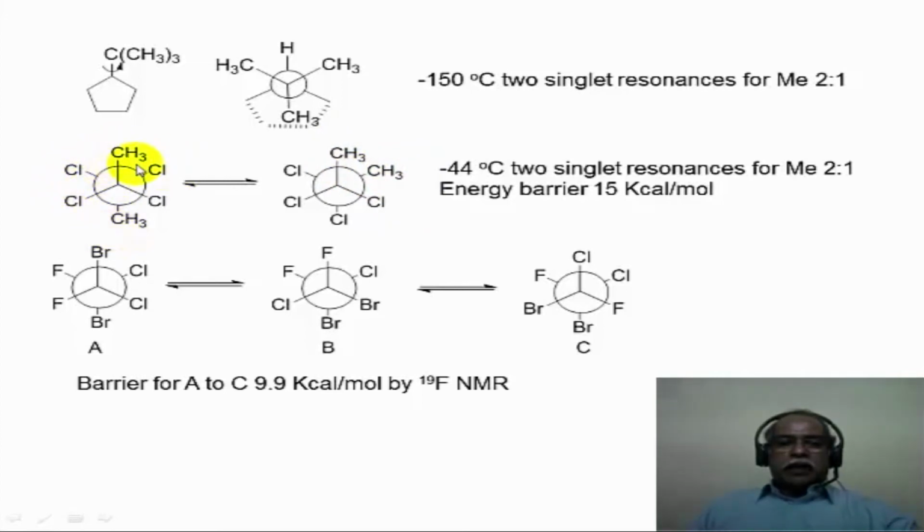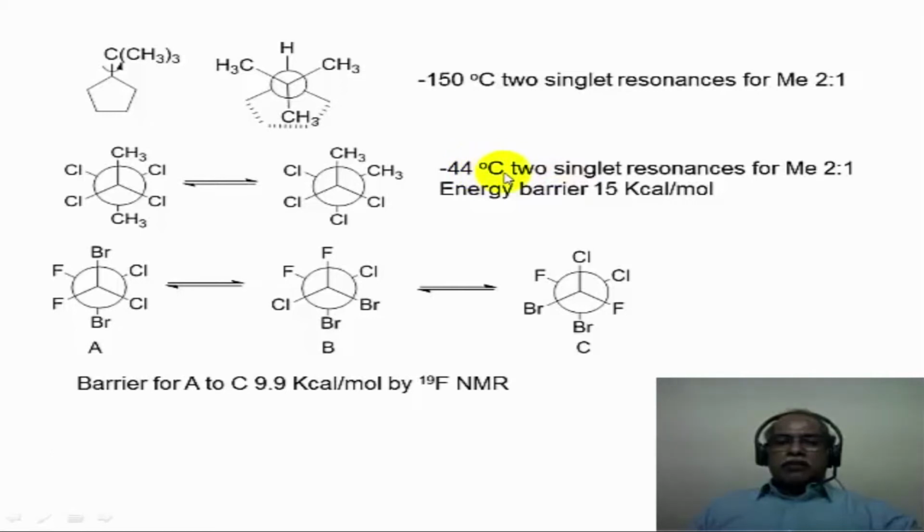Here the methyl groups are flanked by two chlorines, whereas here one is flanked by a chlorine and the other one is flanked by a methyl group. So chemical shift wise, although these two are identical, these two are different from the other two in the other conformation. In other words, the methyl groups in this conformation have a different chemical shift environment compared to the methyl groups in this particular conformation. So if these two conformations are the most populated at very low temperature, then this should be even more favorable because the two methyl groups are anti, whereas these two methyl groups are gauche with respect to each other.